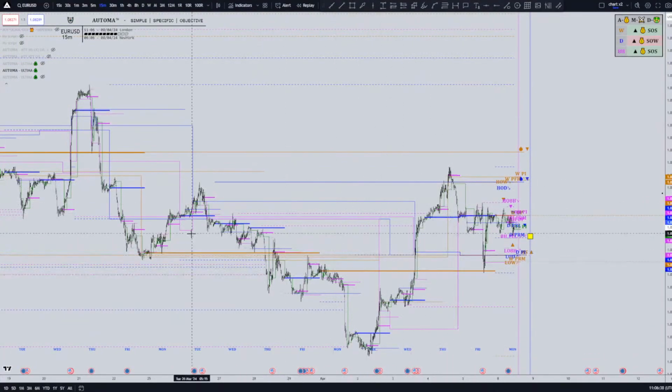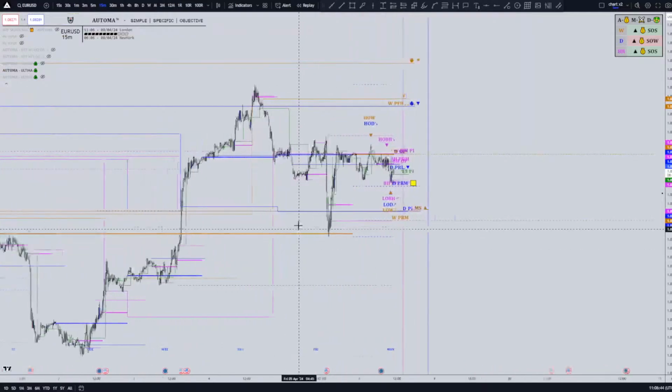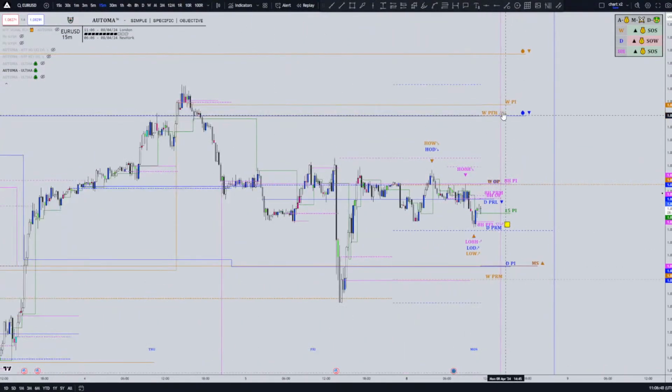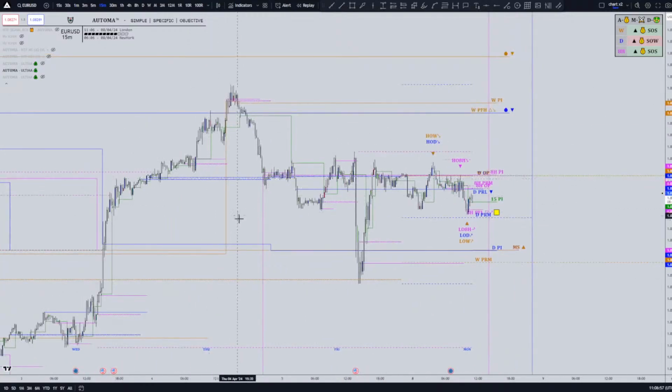So the previous week was a down bar, and we pushed into it, swept it, and moved down. So we can see after this weekly peak formation high, which was trend continuation, we had a nice drop, pretty much to the daily's open. But that was Thursday, so literally, yeah, on